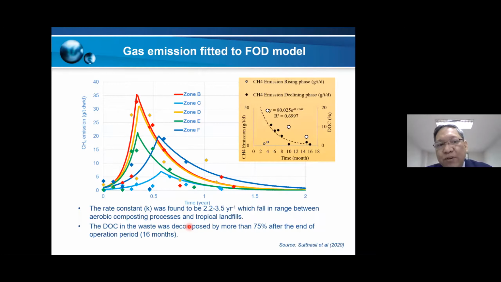So it's understandable that part of the waste in a very large windrow pile is under anaerobic condition, and part on the surface is under aerobic condition. It's like a mix between aerobic and anaerobic conditions. We have found that during this long period of more than 1 year, there is substantial degradation of the organic waste. About 35% of the organic matter is being degraded. So really, it's a stabilization of organic waste. This is what we found in this example.